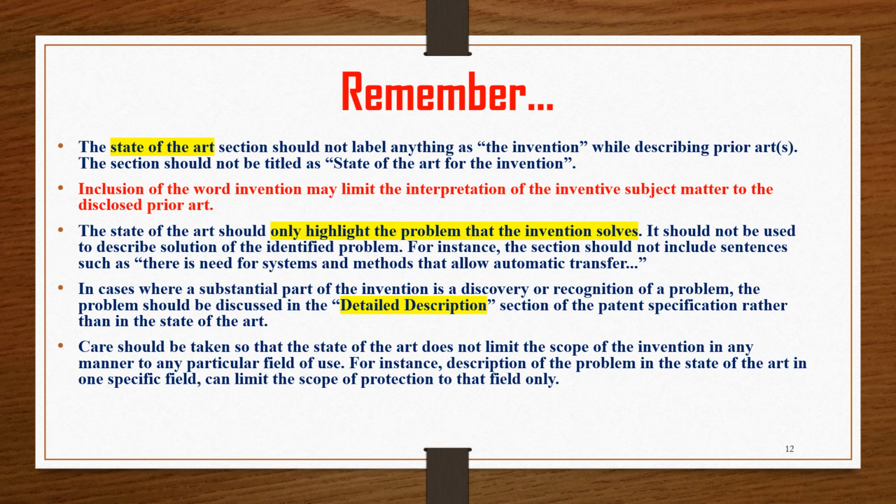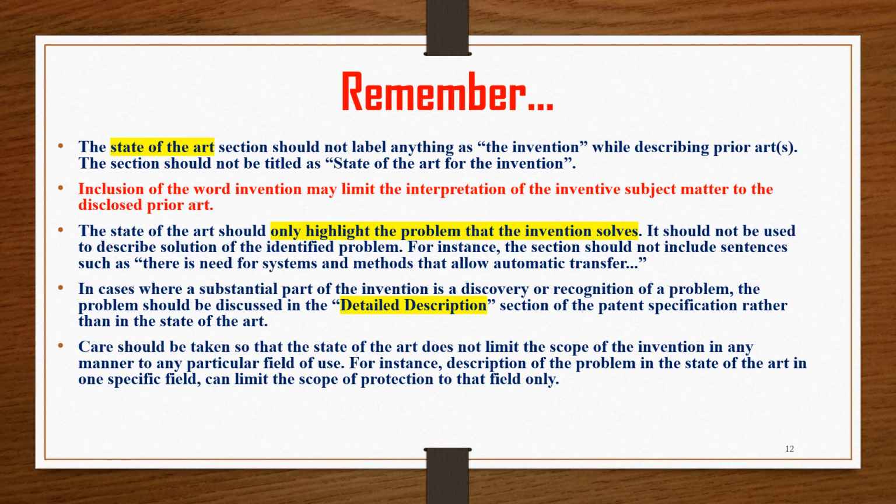Next point: the state of the art should only highlight the problem that the invention solves. Please take a look here. It should not be used to describe the solution of the identified problem. Just go for the problem, not for the solution. Go for that particular problem which the invention solves, but don't describe the solution part. For example, the section should not include sentences such as "there is need for systems and methods that allow automatic transfer..."